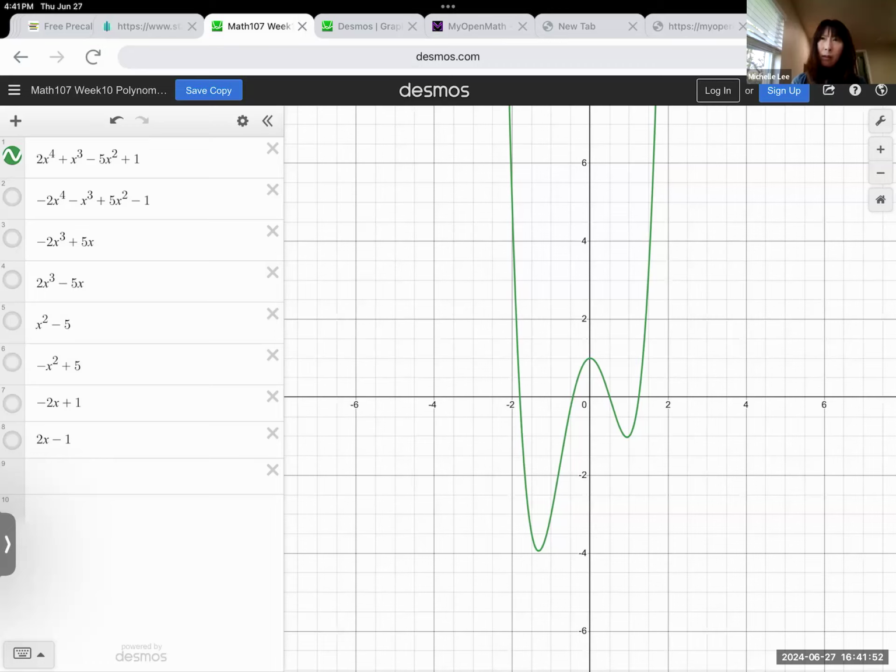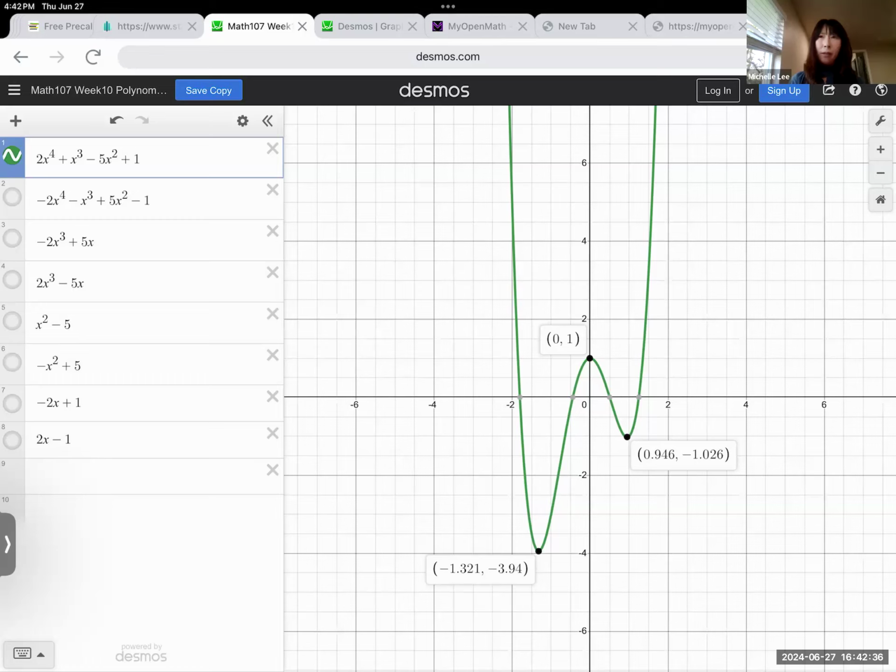And then n-1 peaks and valleys. So this polynomial, n equal to 4 minus 1, which is 3, has peaks and valleys, right? So we can see 1, 2, 3. This is a local minimum. 1, 2, 3, right? So minimum, maximum, minimum. This is a minimum, right? So n-1, which is 4 minus 1, 3,